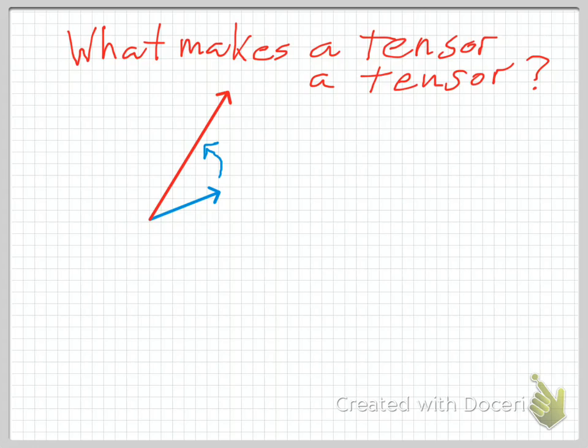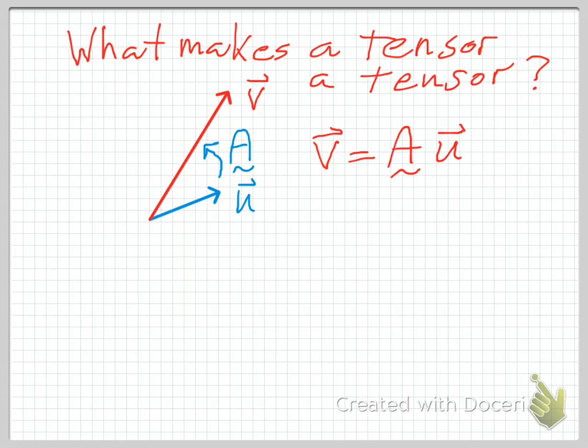So we could, let's see, we could label this first vector u and the tensor a tilde and the second vector v. Then the relationship between them would be v is given by the tensor a tilde u. Okay, and an important point to recognize is that if this is generally valid, this relationship should work on any